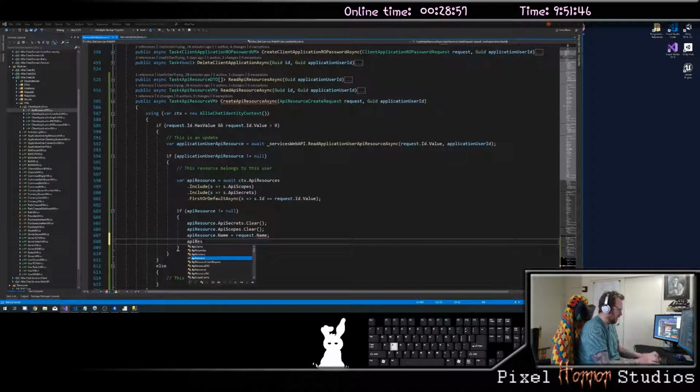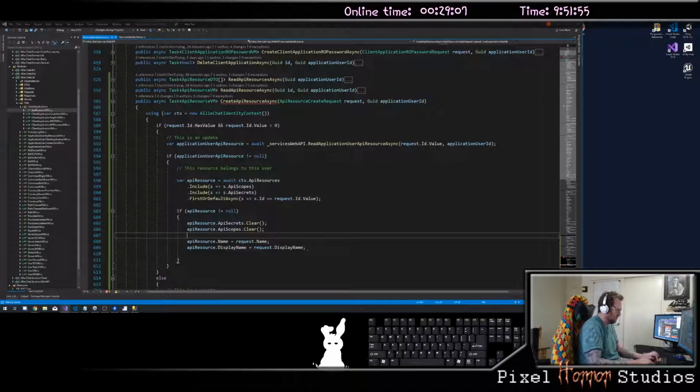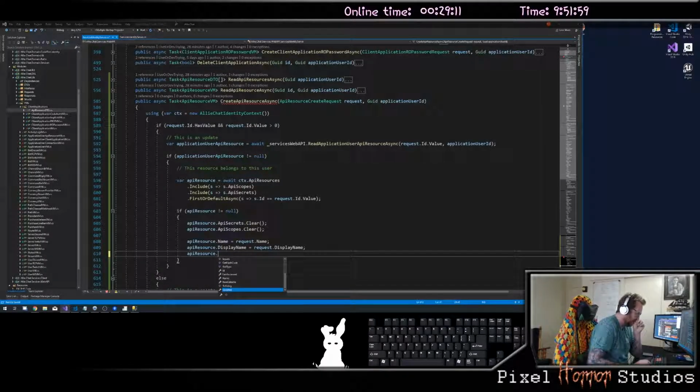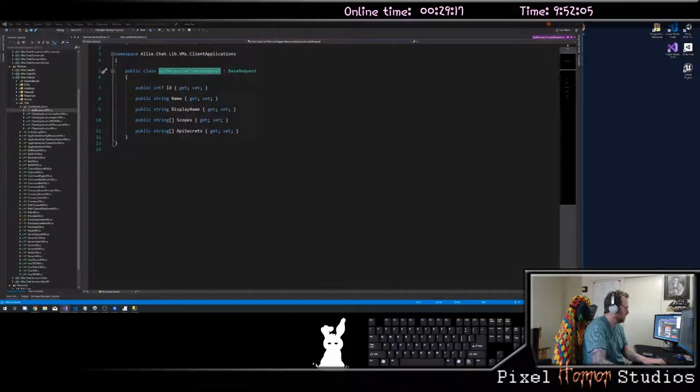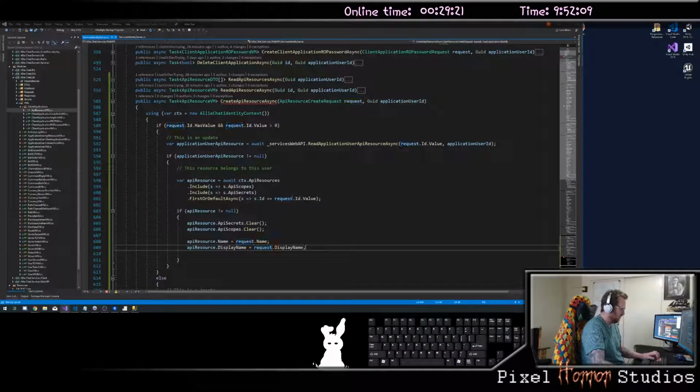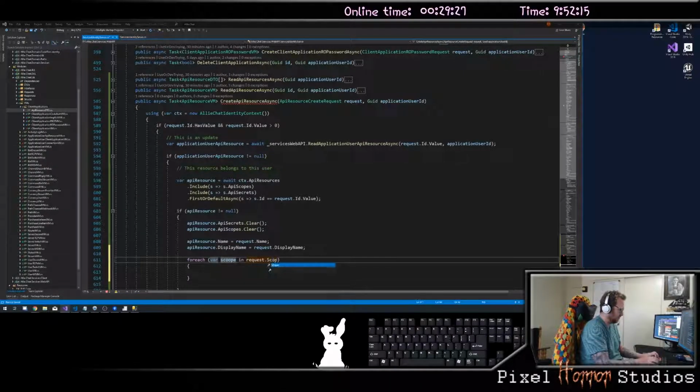You have your API resource dot display name is equal to the request dot display name. We have the API resource dot, what's the next thing that we have in here? Scopes and API secrets. So for each scope, var scope in my request dot scopes,